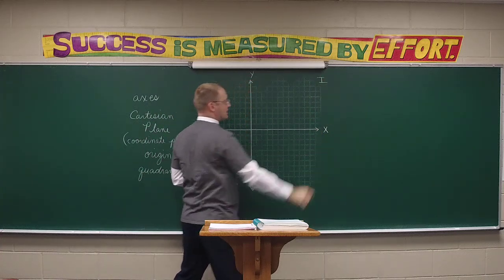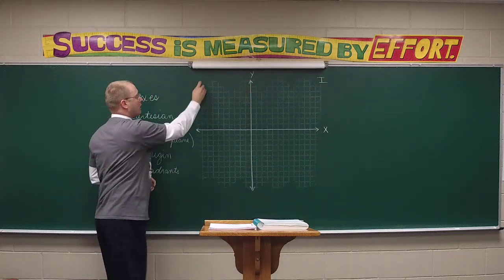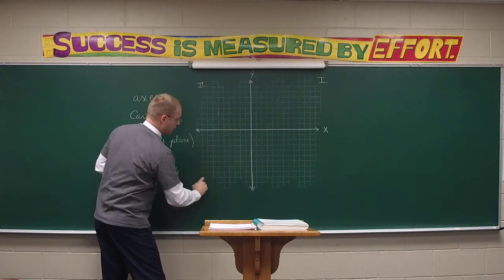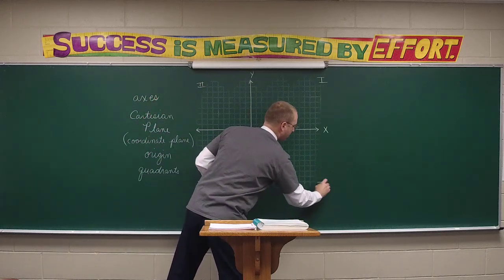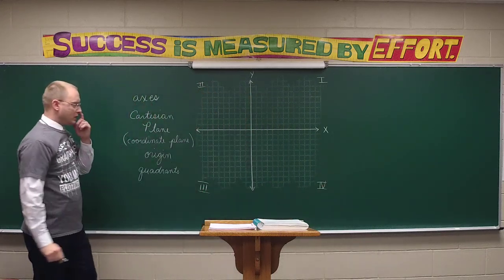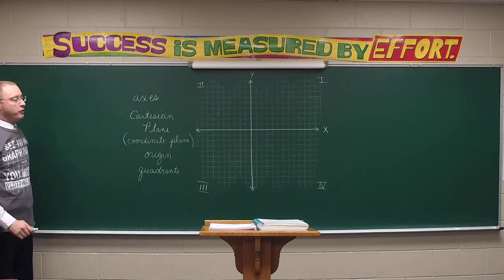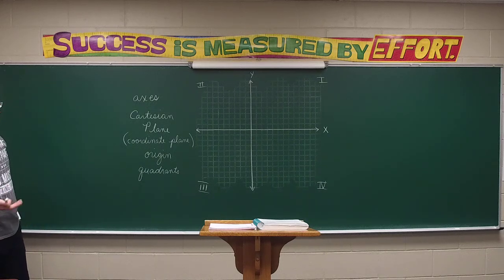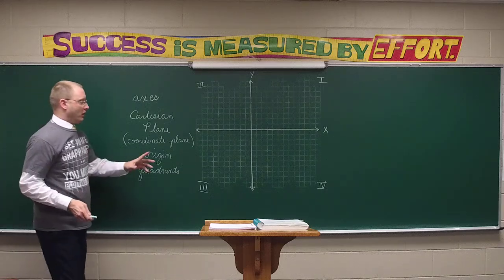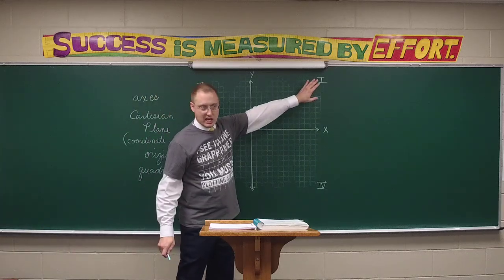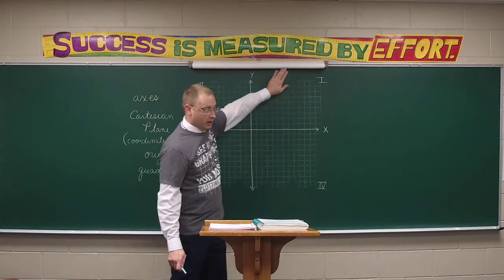But this quadrant is actually quadrant 1, quadrant 2, quadrant 3, and quadrant 4. So the Cartesian plane has these 4 quadrants. Quadrant just means a fourth section. And if you want to remember it, think of the letter C. You would start here, and you work